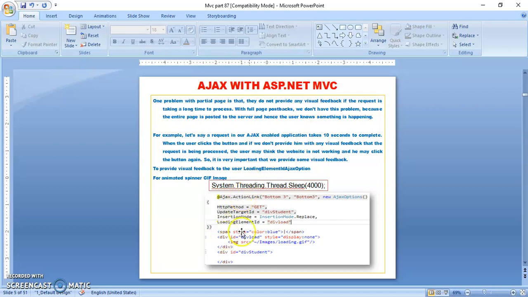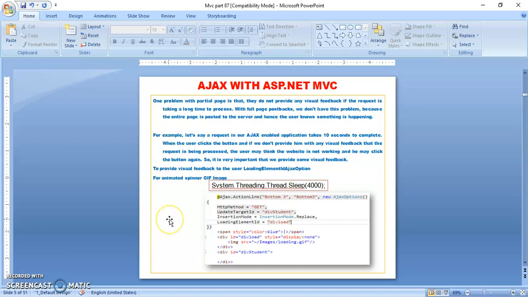For example, say a request in our Ajax enabled application takes 10 seconds to complete when the user clicks the button. If we don't provide any visual feedback that the request is being processed, the user may think that the website is not working and may click the button again. So it is very important that we provide some visual feedback.